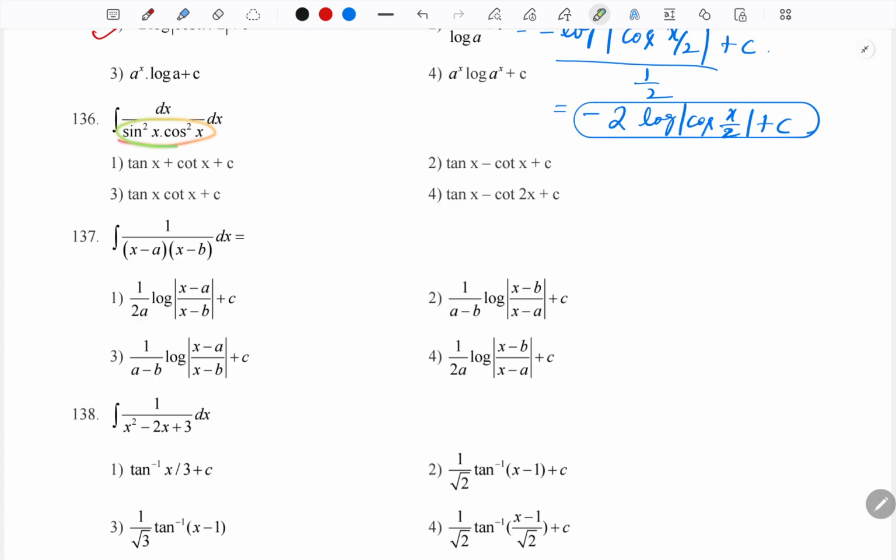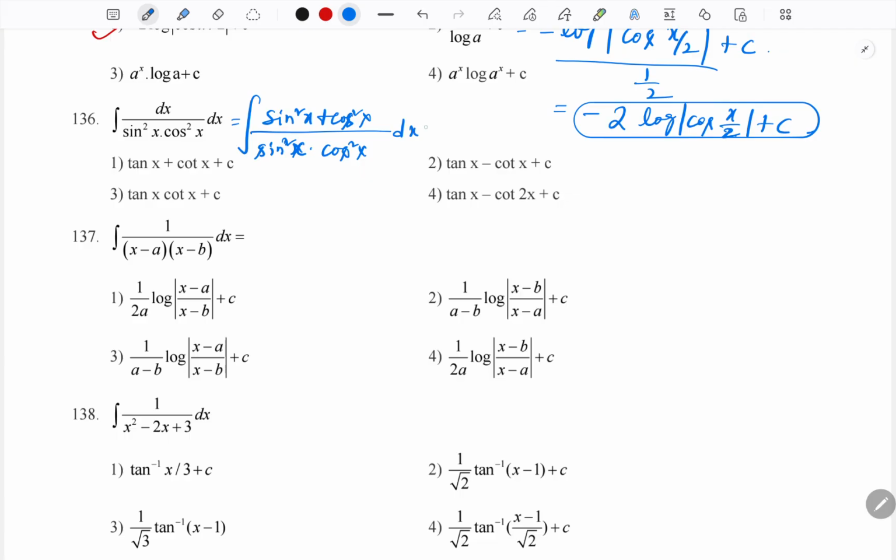Next question, very easy question. Sine square cos square. Whenever the product involves sine and cos squares, what is your immediate identity? We have one identity, right? Sine square plus cos square is 1, but here there is nothing, so you can write 1 into dx, and here 1 we can write as sine square plus cos square. This is the only trick here. Write it down. Then I will write, instead of 1, sine square x plus cos square x, divided by sine square x into cos square x